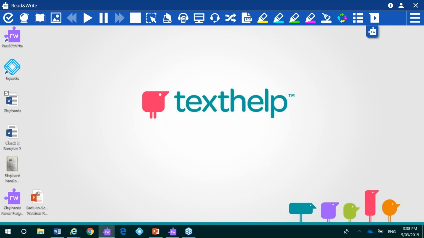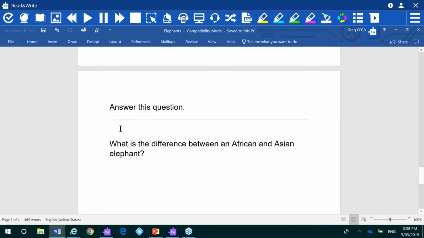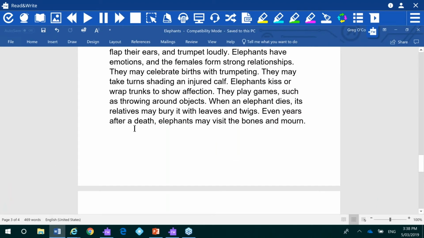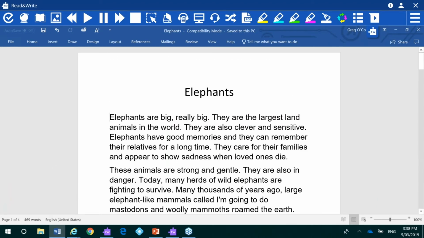So I've got a Word doc. I'll open up a Word doc, go to the top of the document here, and just show some of the reading features in Read and Write for Windows. So I put my cursor at the beginning of the sentence. I want to be able to have this sentence read back to me for a number of reasons. Maybe I'm struggling with reading that. Maybe my words per minute rate is not fast enough for comprehension. Maybe I'm just getting too much stuff, and it's actually better for my cognitive load if initially someone reads this to me, so I can get my computer to do that using Read and Write